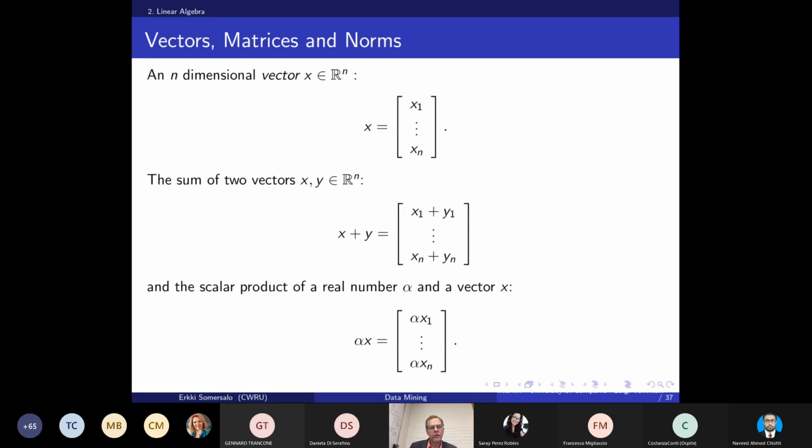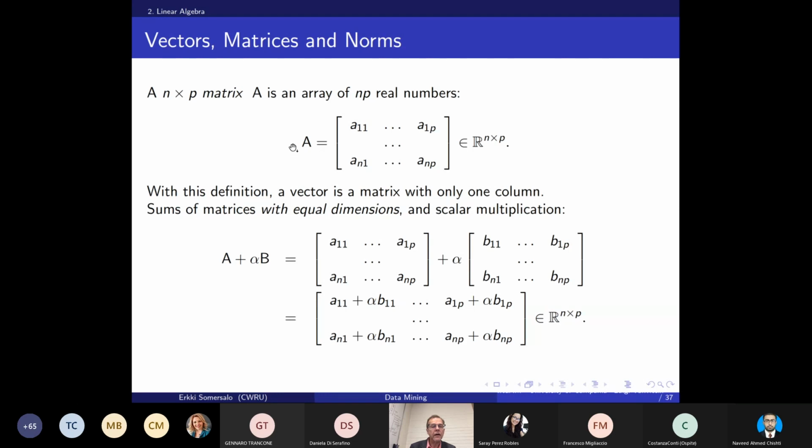Now, two vectors can always be summed if they have the same number of components, and the summing is the usual component-wise summing. So you are adding the respective components, you get a new vector. And multiplication of a vector by a scalar is done by multiplying each component by that scalar. And so this structure makes a vector space. So a vector space is a collection of vectors that make sure that you are not falling out of the space by summing and multiplying vectors by scalars.